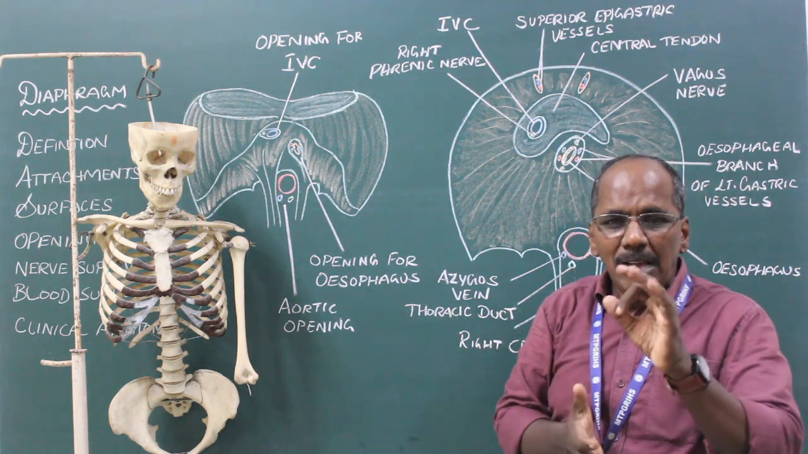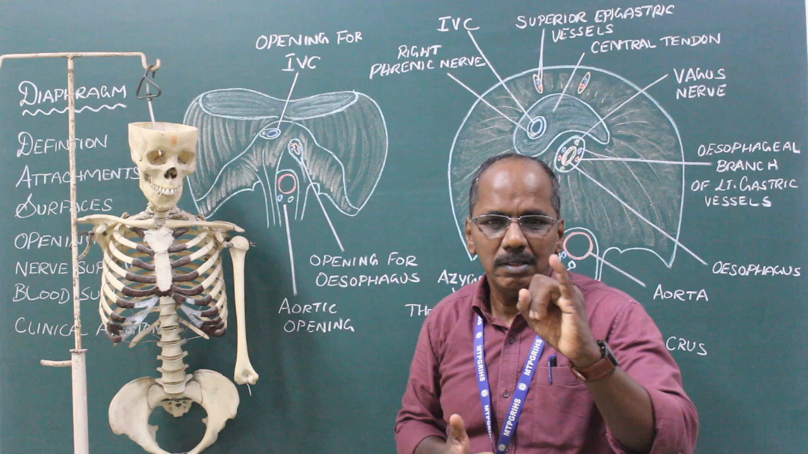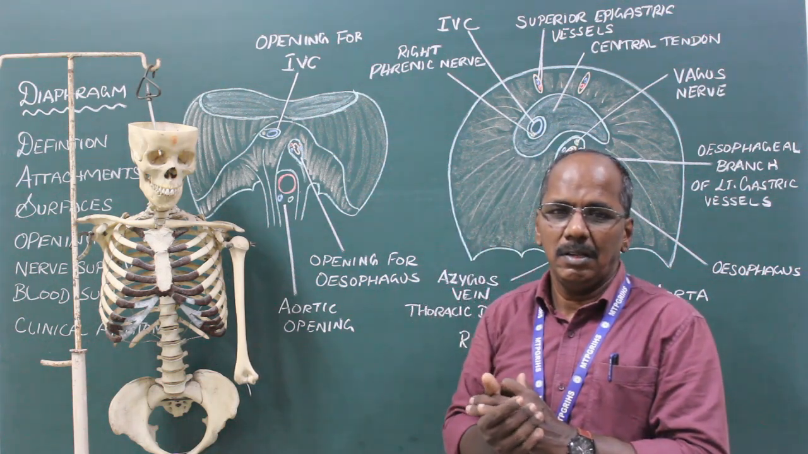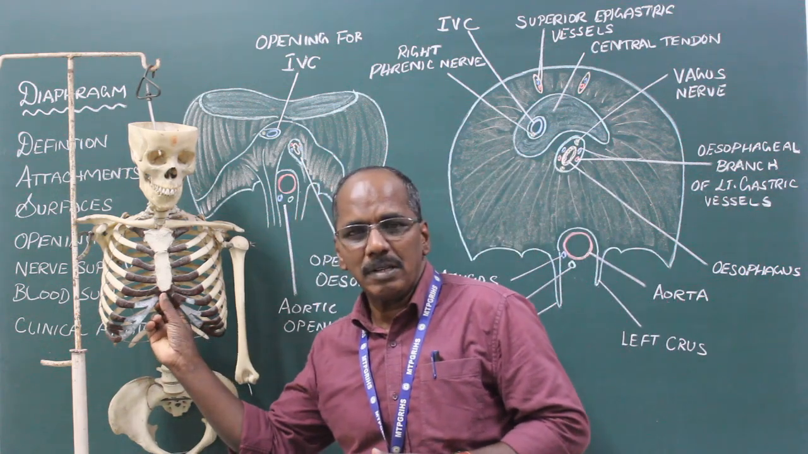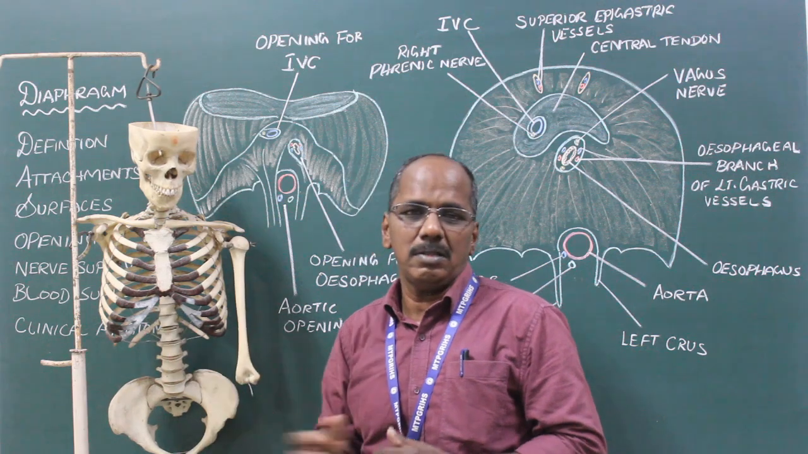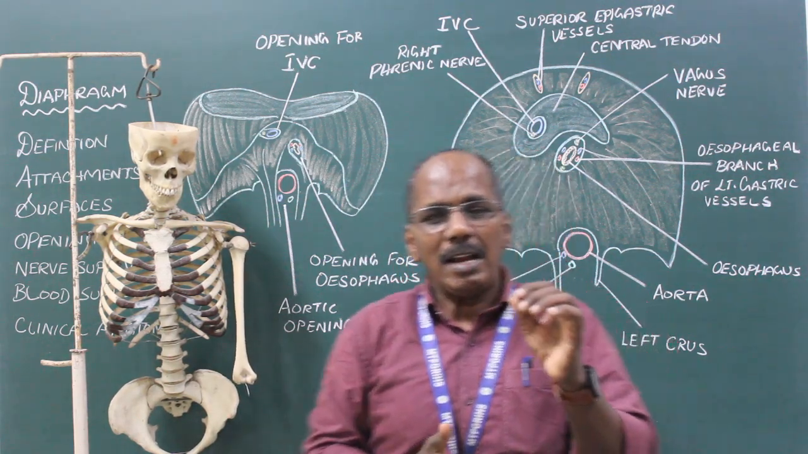Origin. It has three origins: sternal part, vertebral part and costal part. Sternal part. It arises from the xiphoid process, that is the lower end of the sternum. Vertebral part. It arises by